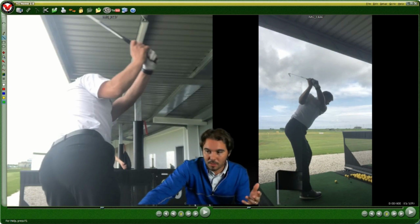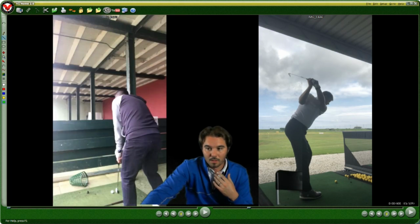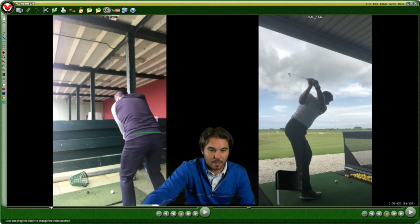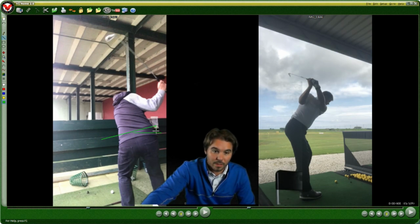Something else to have another look at things. It's gonna be good with this view. Okay, take a look at this. I already drew this, but imagine your pelvis is like so. It ends up here at the end of the backswing. So it would be nice to have a belt buckle, but you can see that there is a ton of angle here. Because this angle is there and you lose height with the left hip,